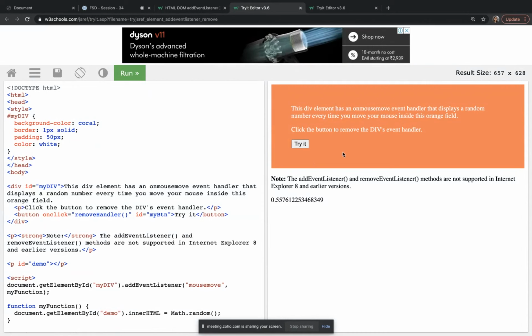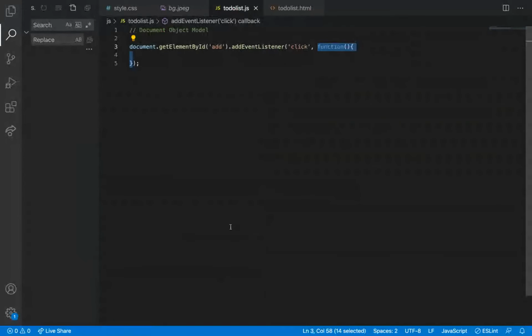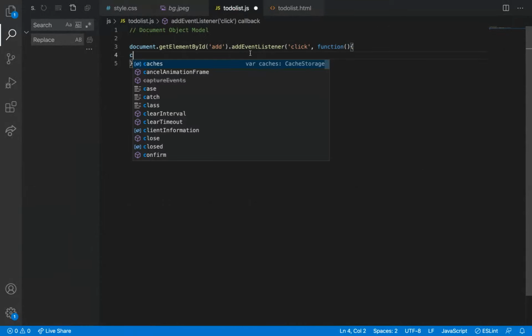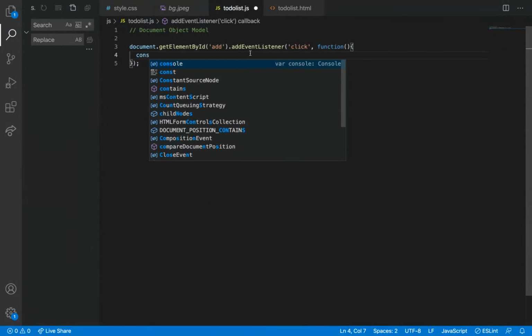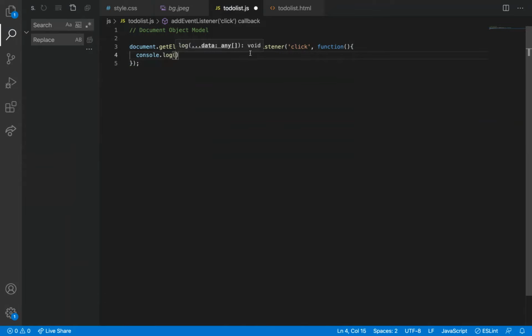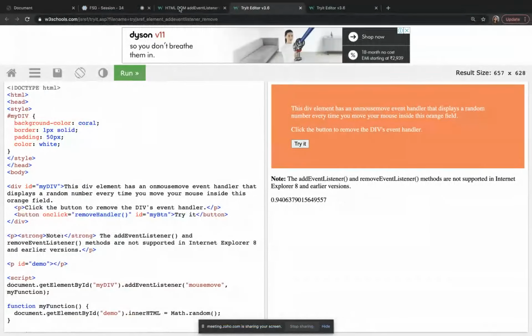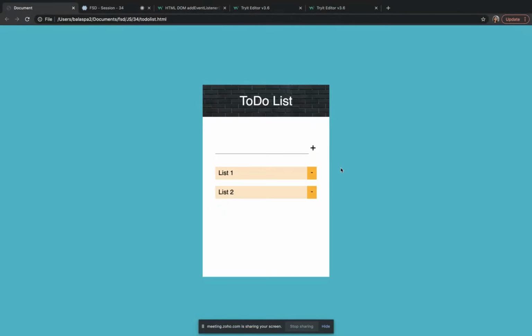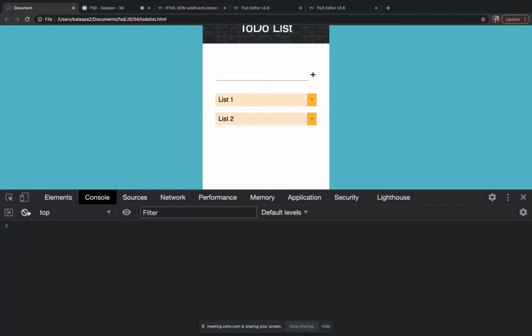Fine. So these are all the events attached to it. I have used a click event. So let me check whether our click event works. Log clicked. Yes, our click event works.